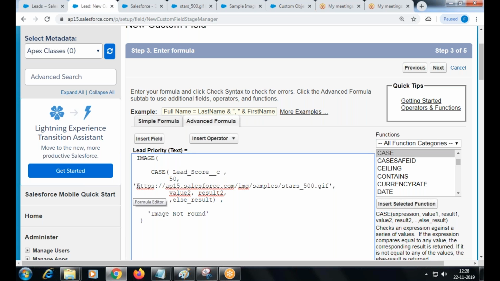So this part you can remove. The instance name you can remove this. Why? We are in the same location already. When you migrate this formula field to another production region or anywhere, the production region instance will be different. Okay, it will not be AP15. It may be different, right? That will not work. So you should not hard code the instance name.